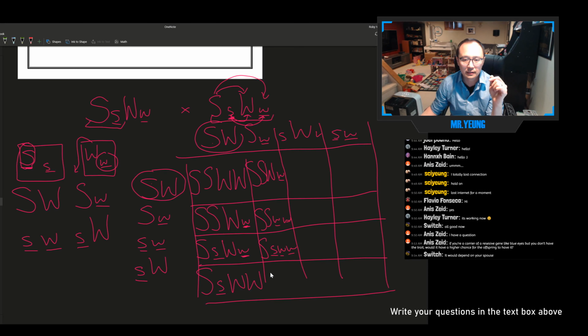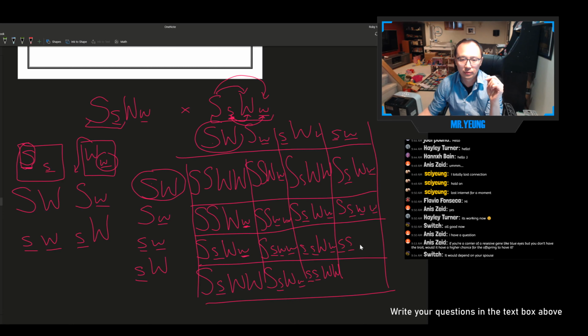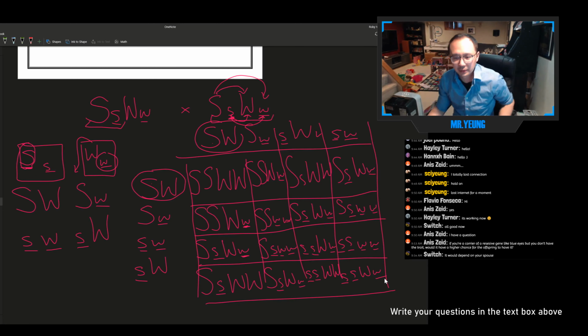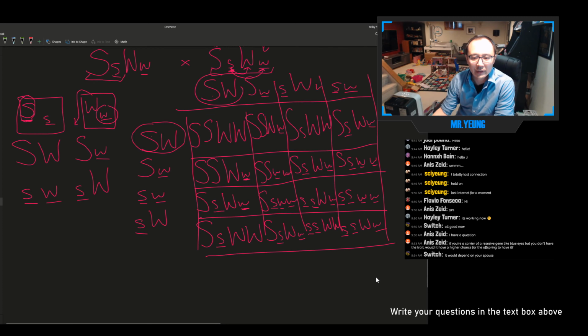So if you look at this, S, lowercase, uppercase, lowercase, uppercase, uppercase, uppercase. Once you have done this, again, this is incredibly tedious. This should be underlined. I'm getting lost in these pink letters here. So 2, 2, and then, yeah, that's it. Okay, so once you have completed this and you go through your phenotypes, you're going to see